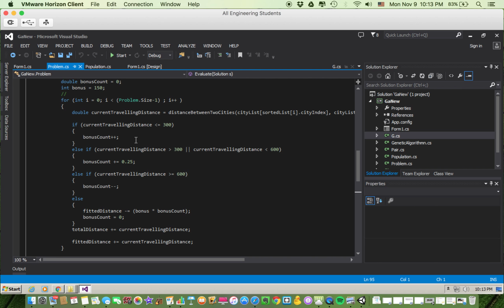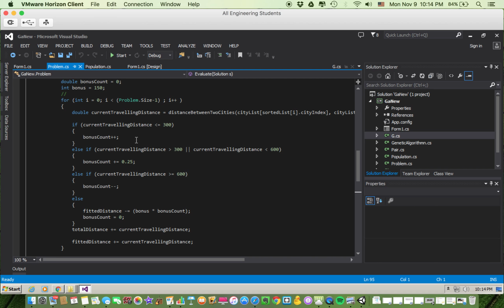As well, if the cities are farther than 600 units, then the bonus reduces. So you might get a lesser value, or it might be a negative reinforcement for the GA to have cities that are more than 600 units away from each other. It trains the GA to connect and find cities that are clustered together, so that a minimum amount of distance has to be traversed, and all the cities in a certain domain are traveled to first,